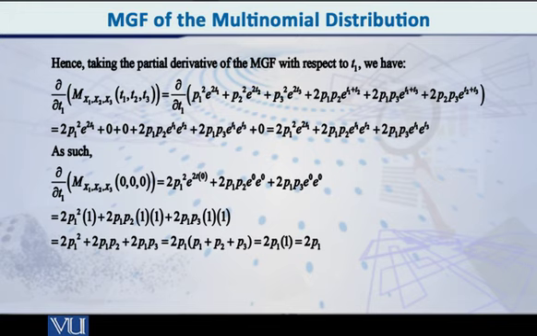It seems to be long and complicated, but when you do it term by term, you get exactly what you have on the screen. That's what you're going to get. And after that, when you put t1 equal to 0 and t2 also equal to 0 and t3 as well,